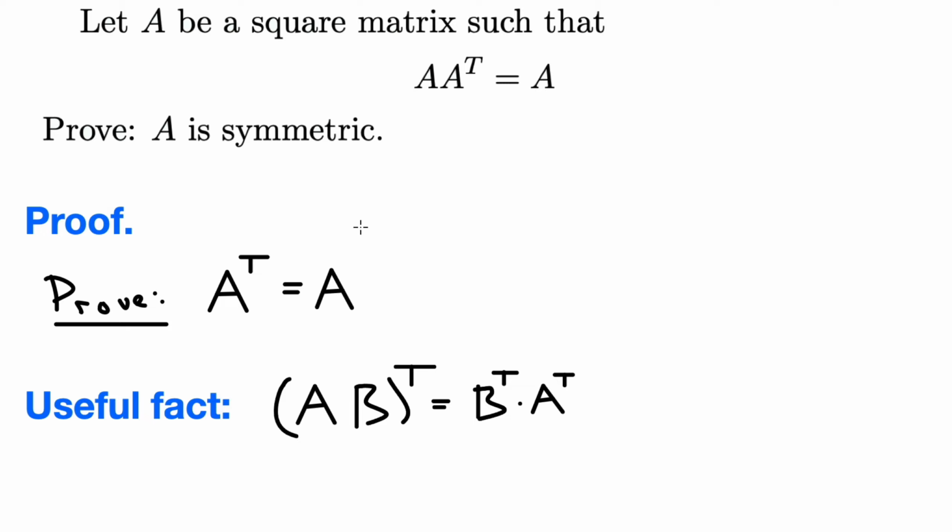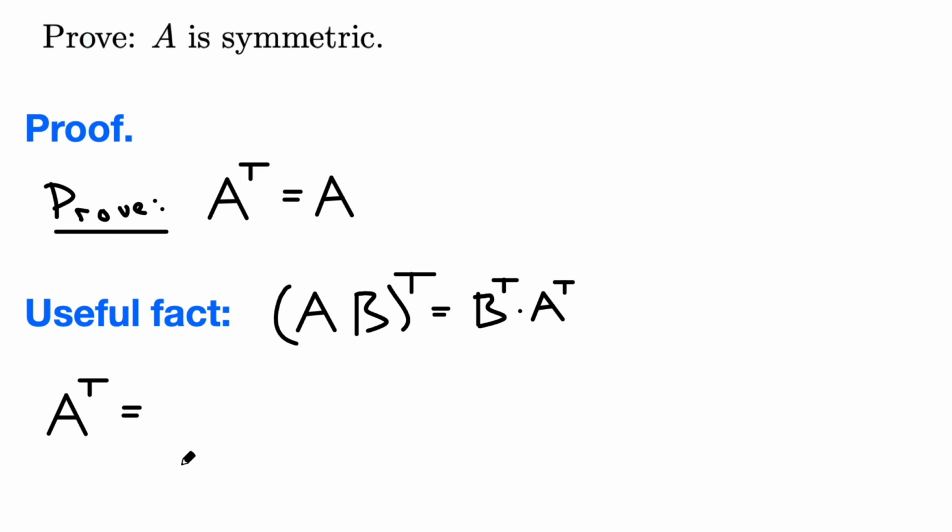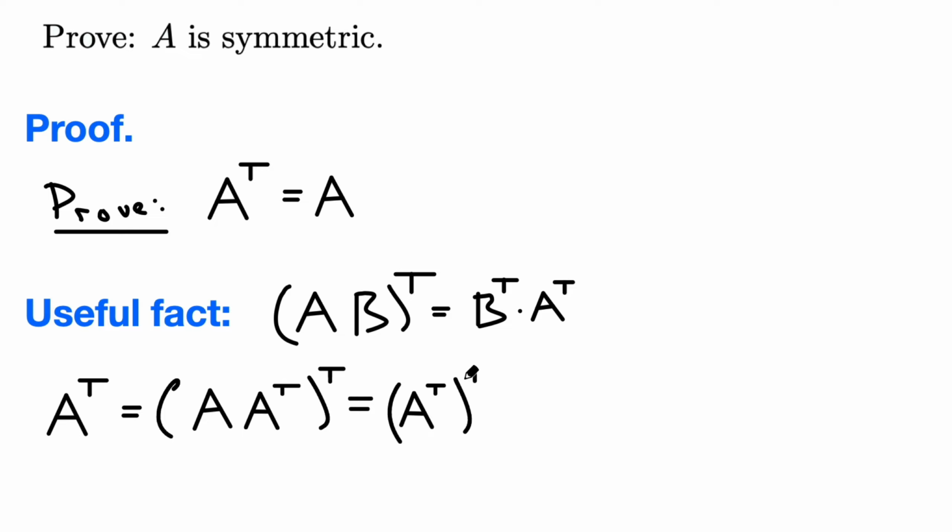So let's start out with A transpose. Well, we know that A is equal to A transpose, right? So we can substitute that. We have A transpose, and we have this outer transpose over here. And now using this useful fact, or useful theorem, we get A transpose, right? So this is playing the role of the B over here,